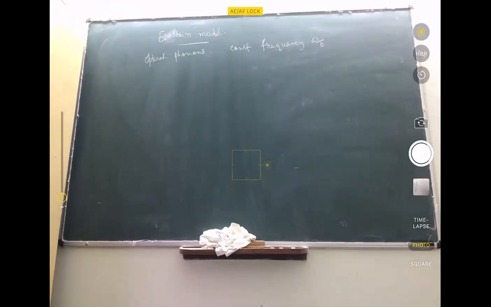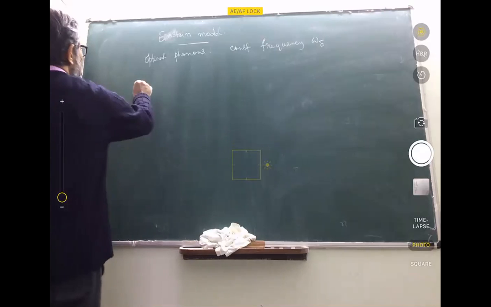So they all have a constant frequency omega e. So things become then fairly simple. If we take one of these modes, its contribution to the energy density of the solid would be